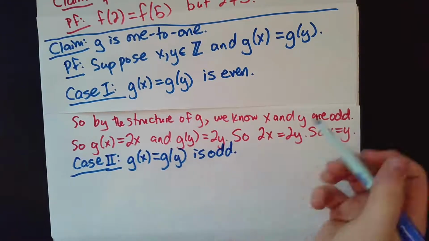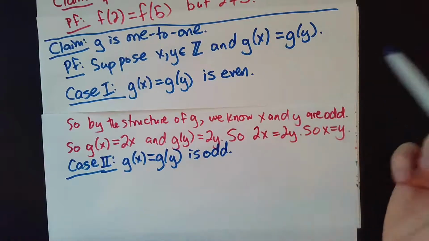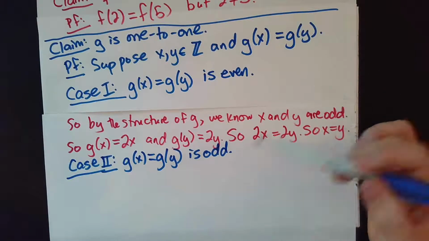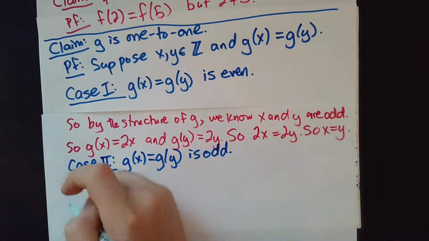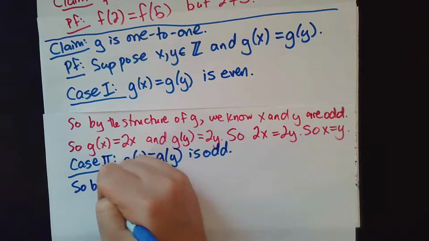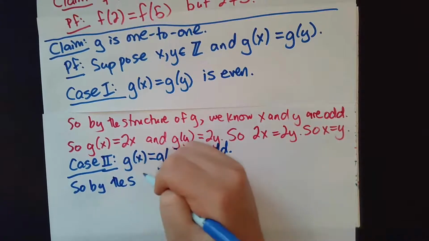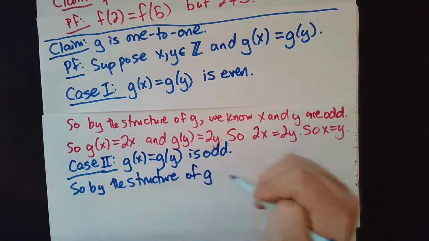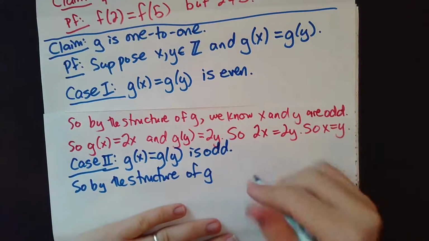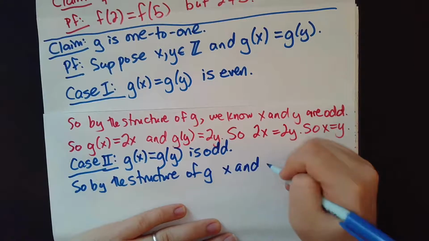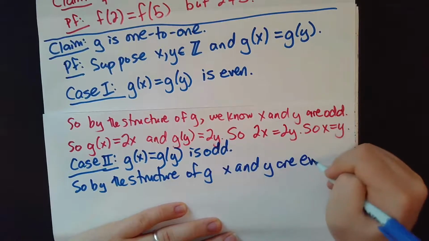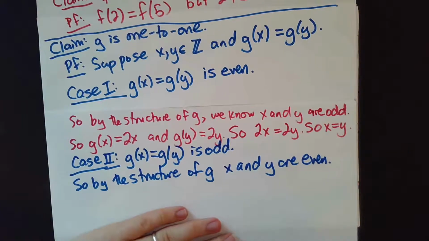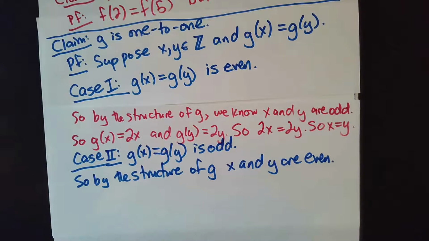In which case, by the structure of g, that tells me that x and y are even. And so since x and y are even,